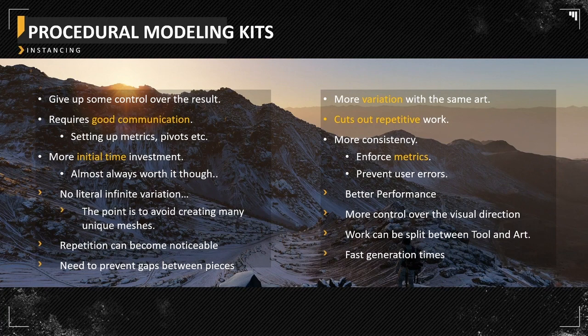We can change our mind, and it's easy enough to update hundreds of bridges all across the world, because we decided that now a small bridge is not 6 meters wide, but it has to be 7.5 for some reason, and it happens literally every day. So we can create a lot of variation also with just a few modules. Of course, instancing saves memory. There's more consistency. Not every artist is going to build according to his own metrics or his own rules.